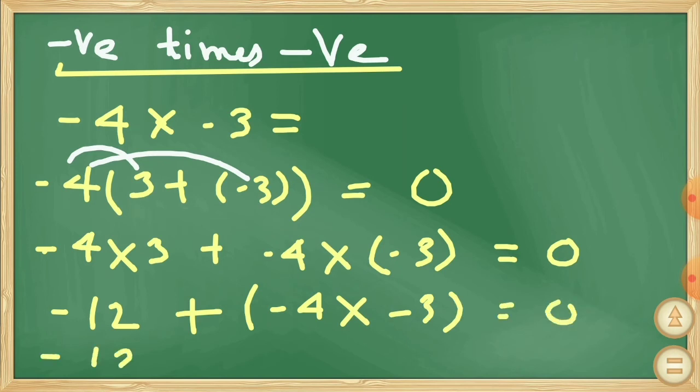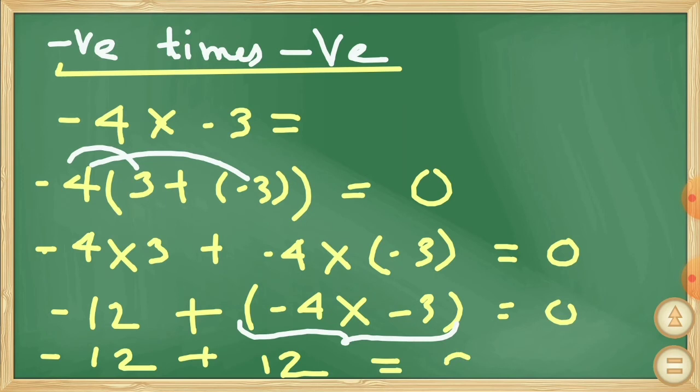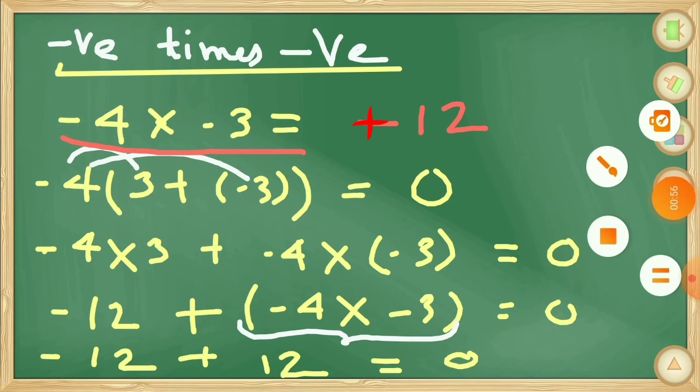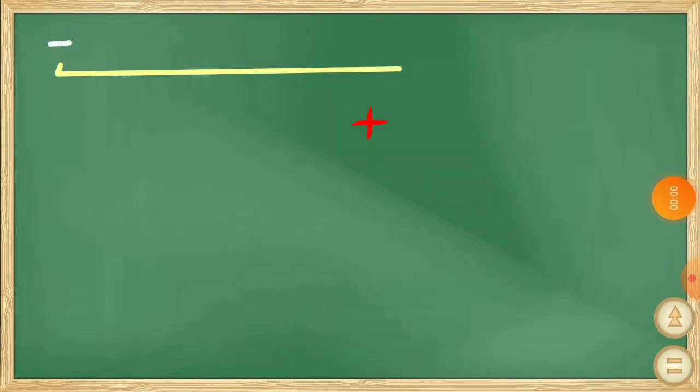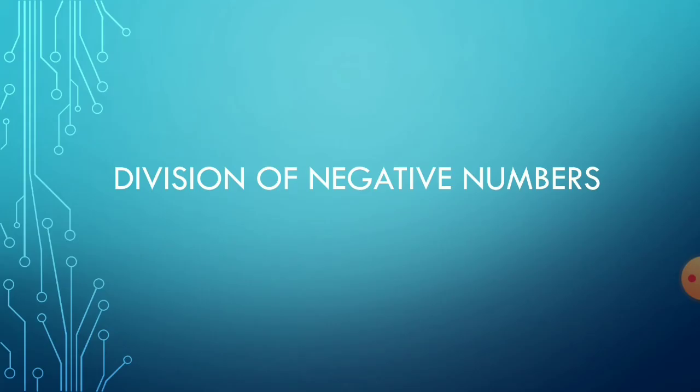So if minus 4 into minus 3 is added to minus 12 and it becomes 0, that means minus 4 into minus 3 must be equal to plus 12, only then it becomes 0. So that means minus 4 into minus 3 is plus 12. That's how we arrive at the conclusion that negative times negative is always positive. Now,